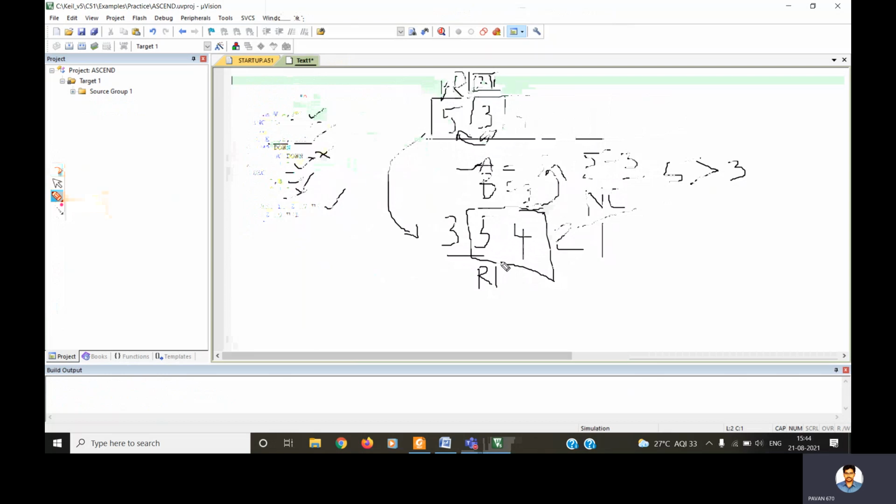Again A is loaded with the R1 reference location. The same logic will be applied. Again this 5 value is loaded to A and this 4 value is loaded to the B register. The comparison will happen, and this time also, since 5 is greater than 4, there is no carry. So again these two values will get swapped, 5 will be loaded here and 4 will come here. Like this the same type of operation will happen. We can follow the remaining steps based on your understanding. This is the basic idea.